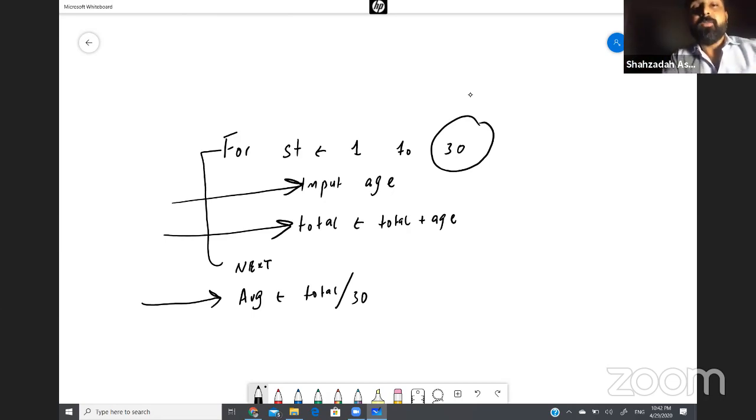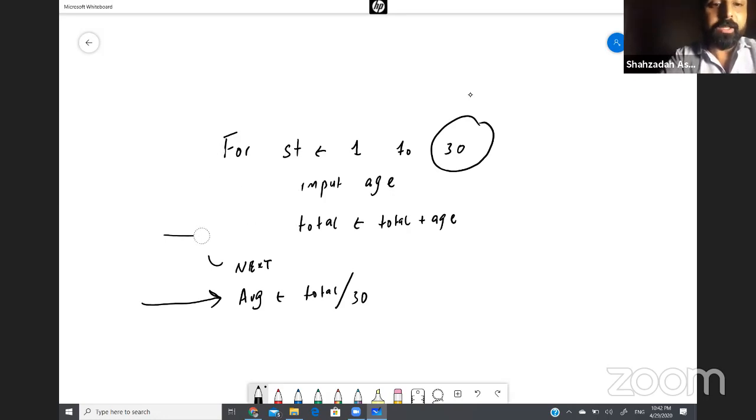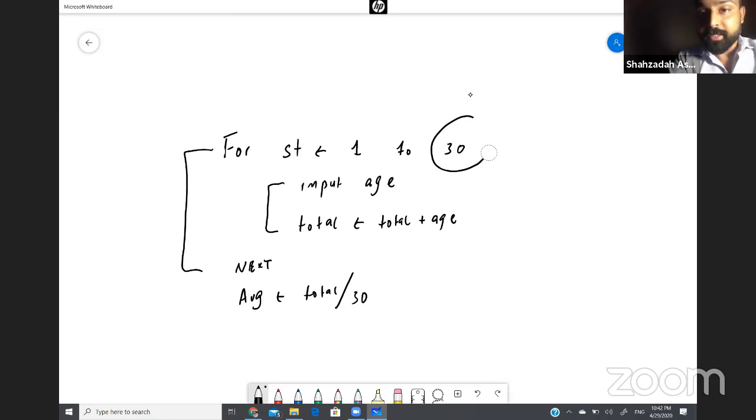And what if you have to do this same program for 10 classes? In each class, you have 30 students. So you are going to use one another looping structure. Sorry, you're going to use a for loop, but one another for loop. Just like for these instructions, you use this for next loop for 30 students. And if there are 10 classes and in each class you have 30 students, you're going to use one another for loop